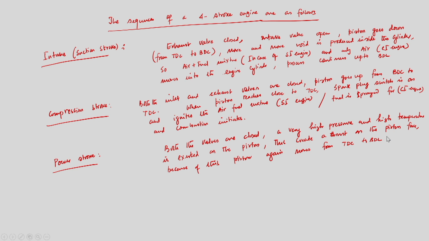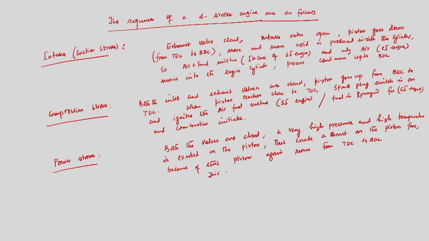Piston movement is instantaneous, so I can't say that the piston will remain at TDC, but the piston starts its journey from TDC towards BDC at the beginning of the power stroke. Combustion has already initiated and will be completed maybe when the piston is a little bit away from TDC. That high pressure and temperature generated by the combustion creates a huge thrust on the piston face, which allows the piston to move down. That creates power. This is the power stroke, right?